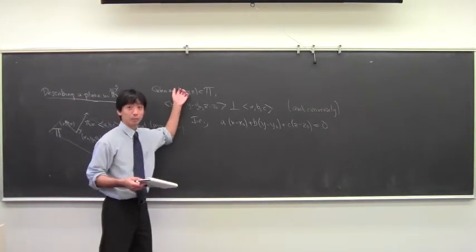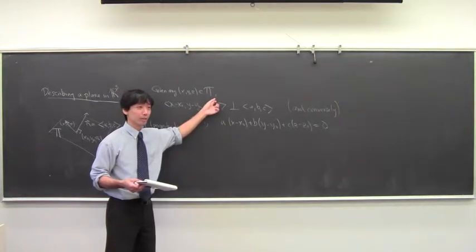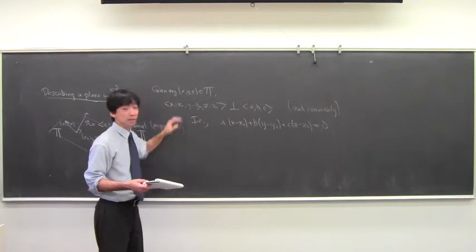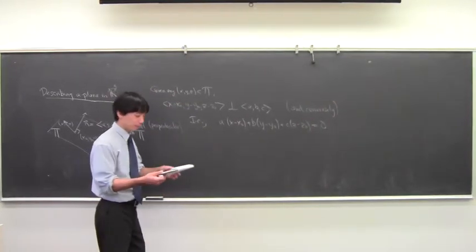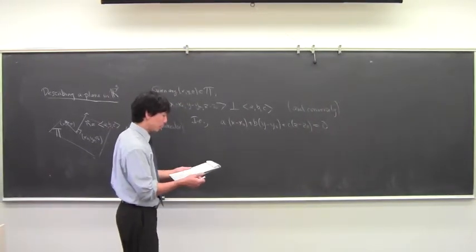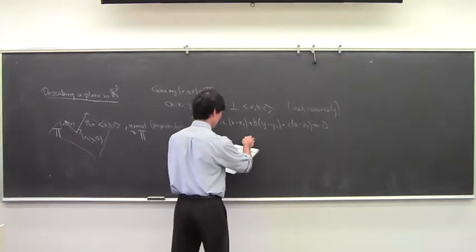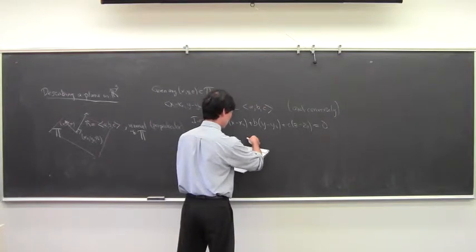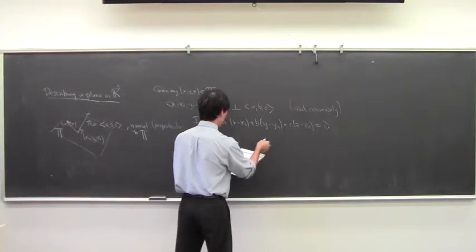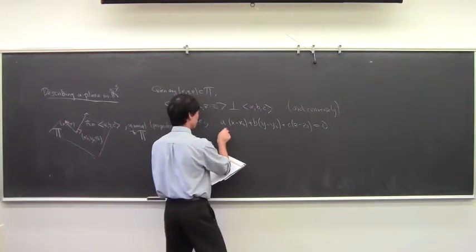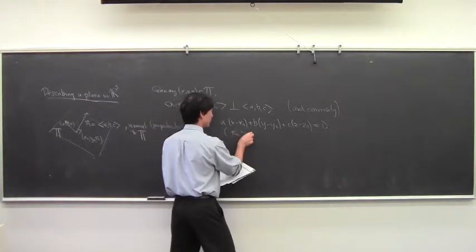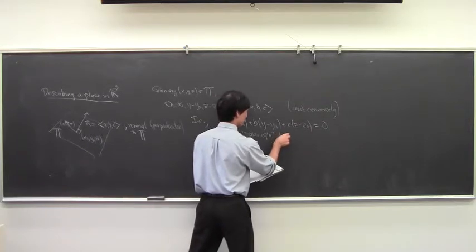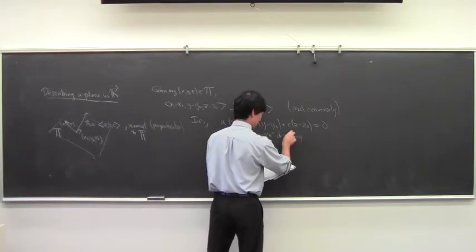If you have a point on the plane, you end up with a perpendicular vector. Okay. So this is called the scalar equation. Don't worry about these names. So this is the scalar equation describing the plane